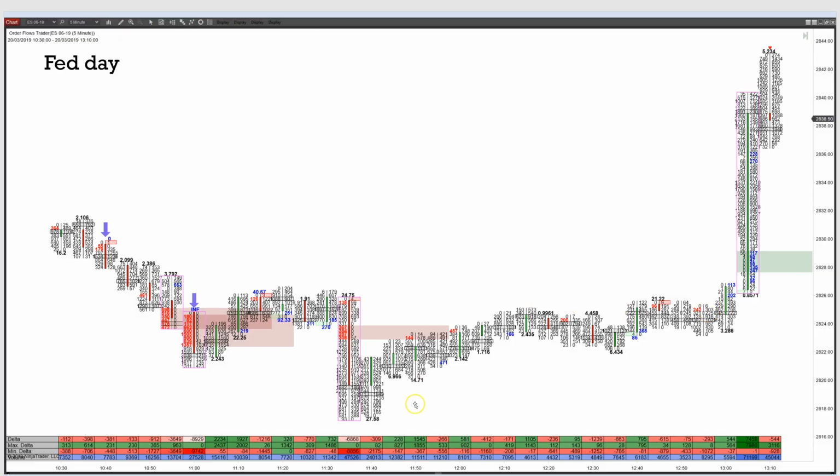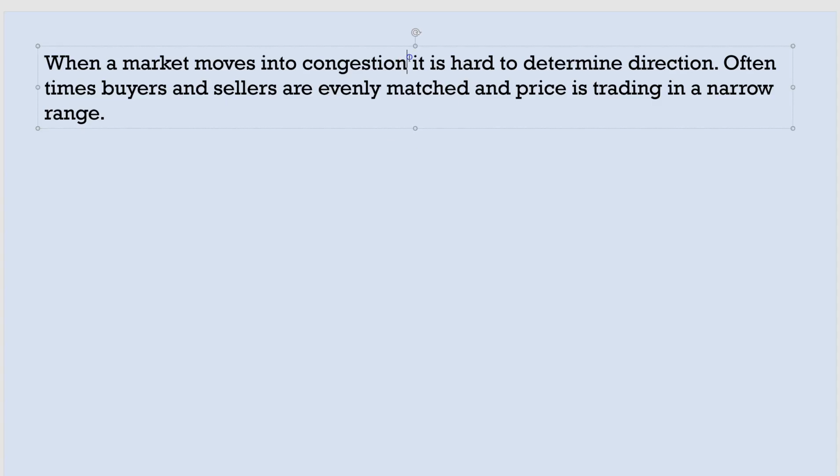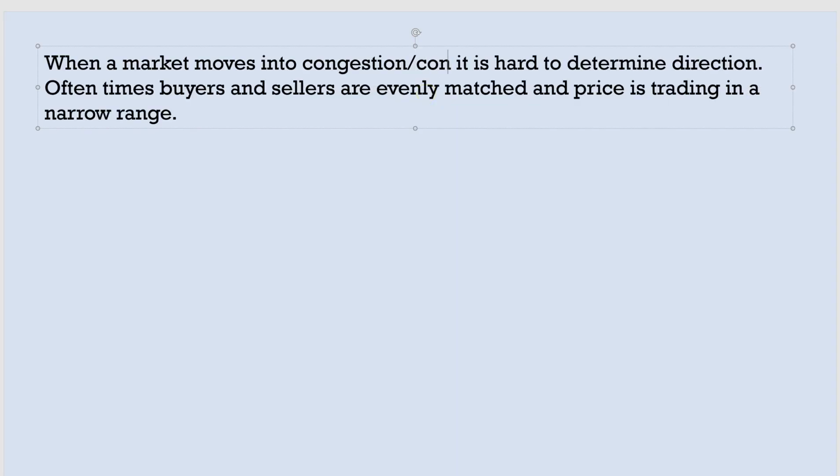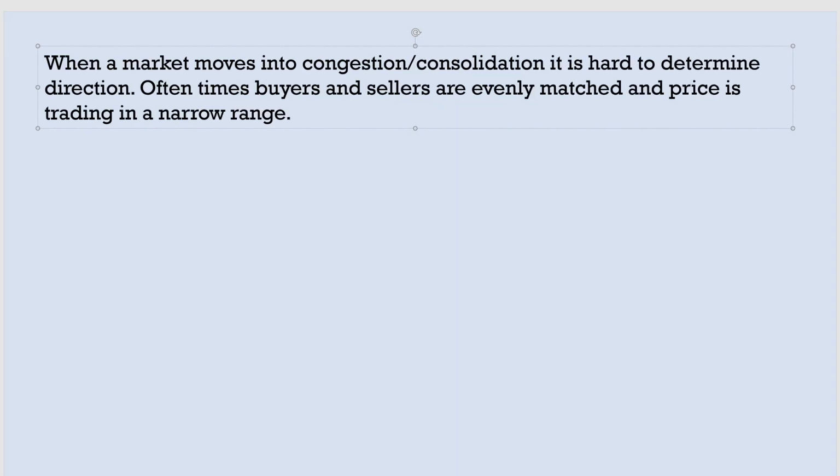Consolidation, rather. Look at the volumes. 7,000 for the hour before; the volumes are much lighter than earlier. Here, above 10,000 is kind of your average. Here, below 10,000, close to 5,000 is more of your average. So it's a lot less. So when we're coming into congestion, I should add consolidation here, it's hard to determine the direction.